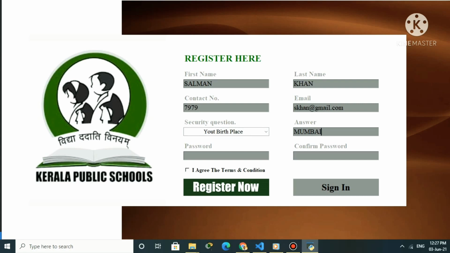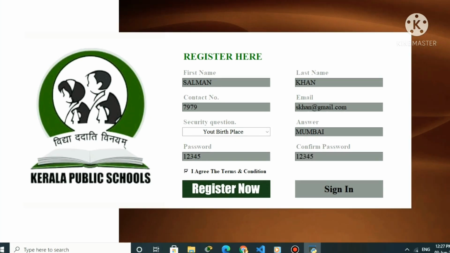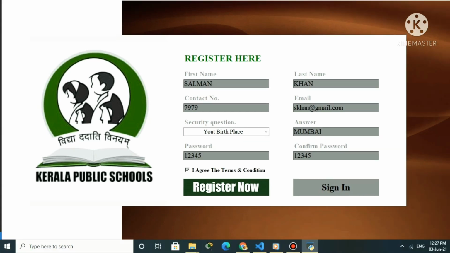Then you have to fill the answer, then password, and then confirm password. After filling this, you have to click on the checkbox I agree to the terms and conditions, then click on register now. Once you click register now, then you have to click on sign in.